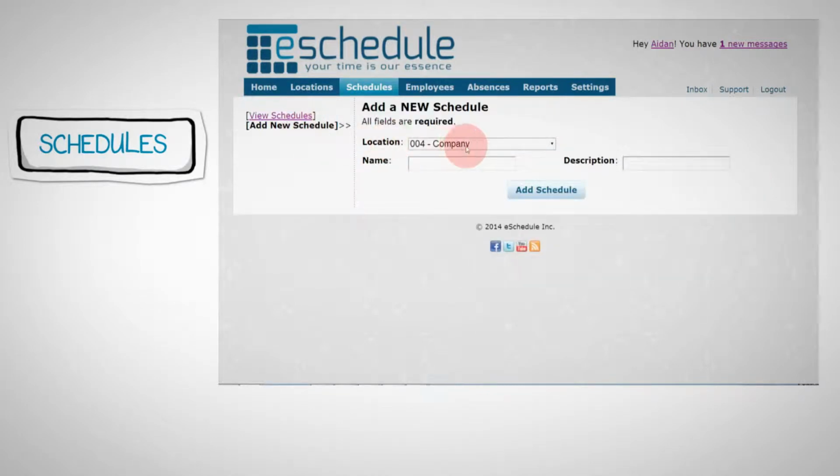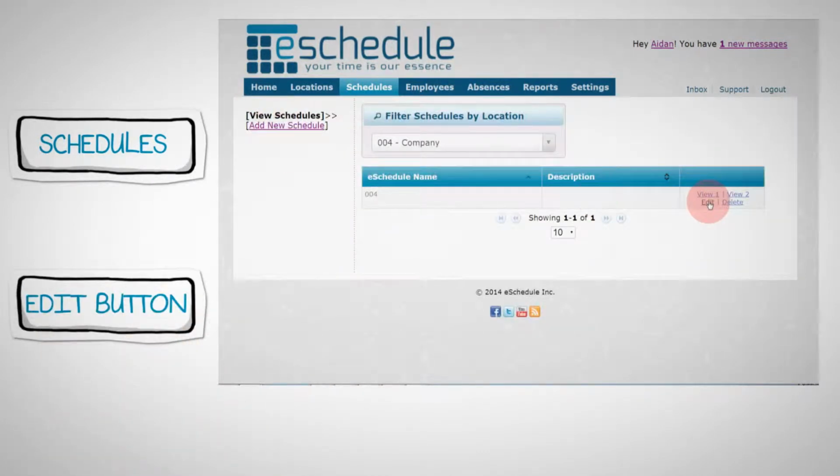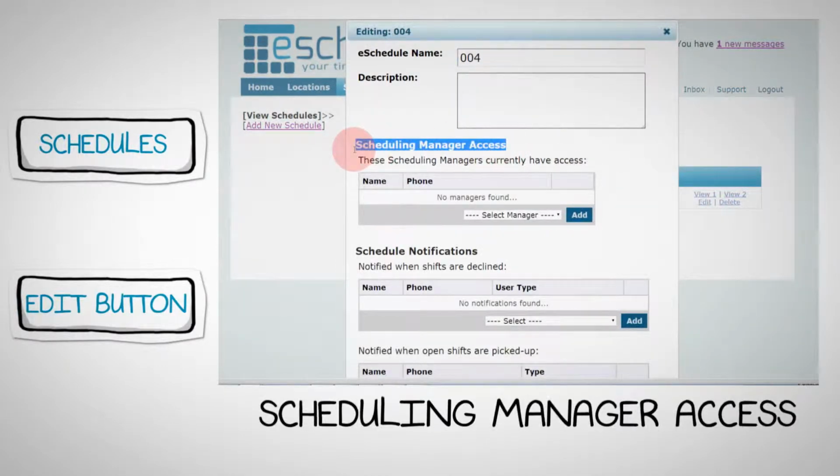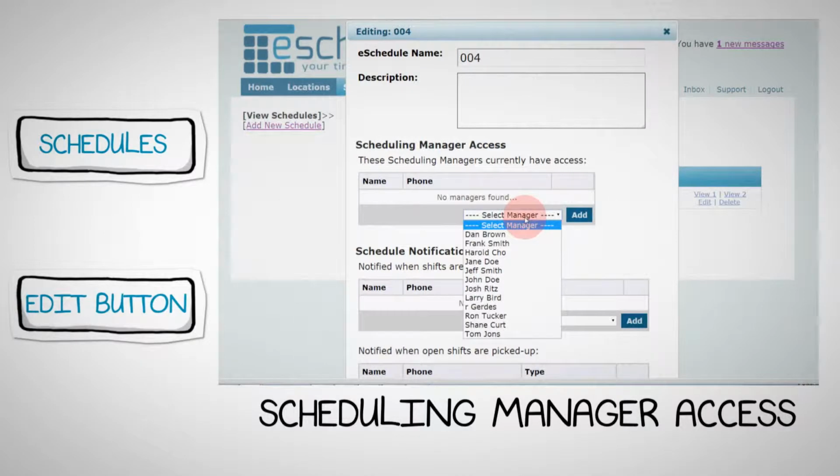You do not need to create a new schedule for each month, as one has an infinite timeline on it. Click the Edit button below View 1 and View 2. It will pull up a window and you will see a section called Scheduling Manager Access. Make note of this process, as any time you add a new employee with a user type as Scheduling Manager,